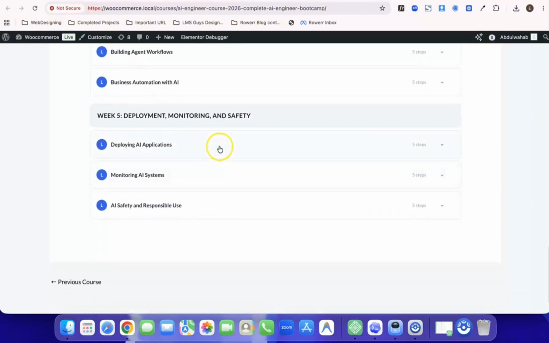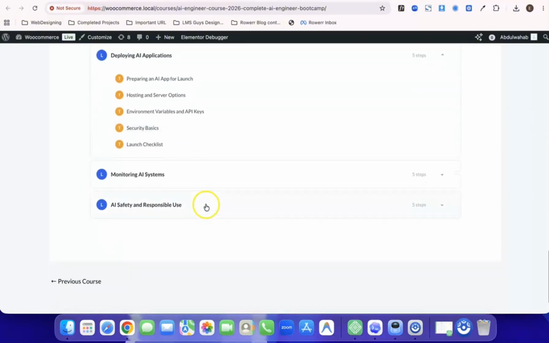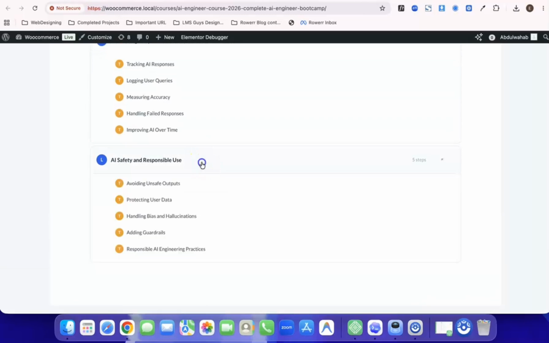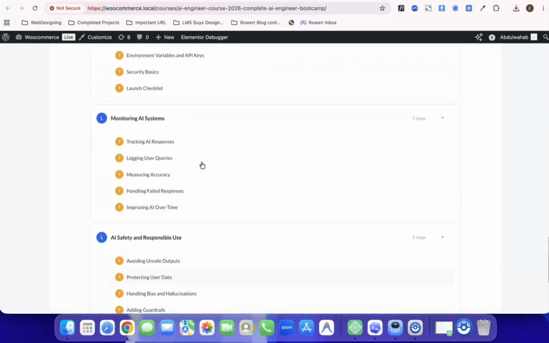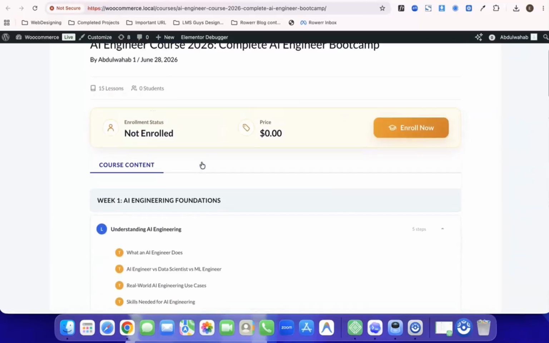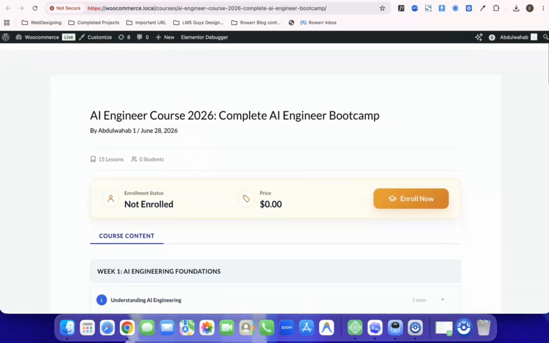4, and here you can see the 5. In the same way, 3 lessons and 5 topics. So now let's go and create a little bit more complex one. Now we will